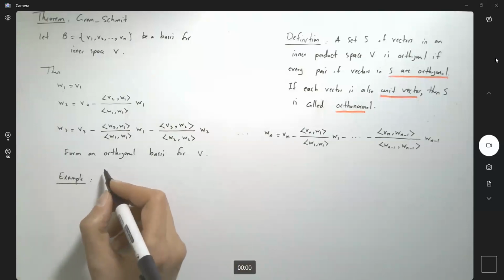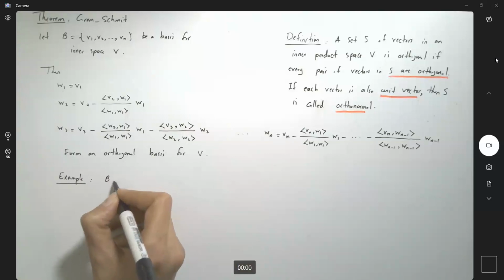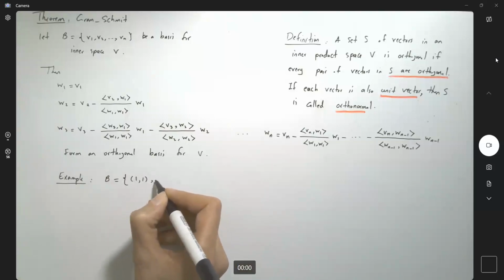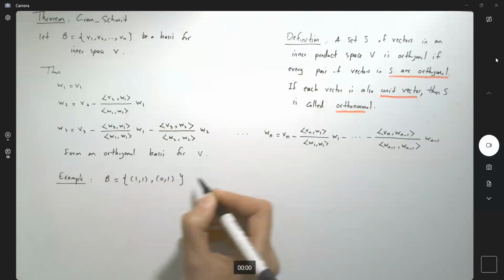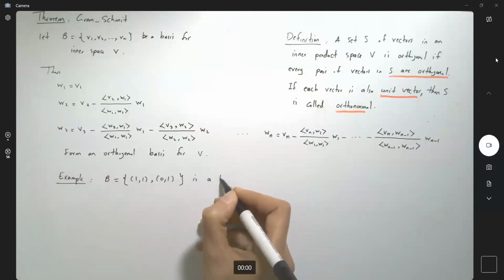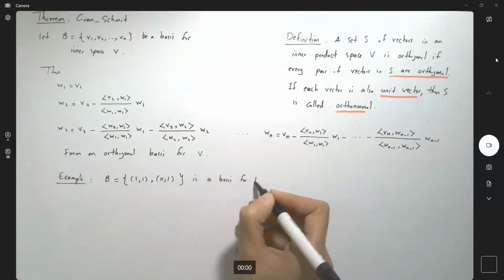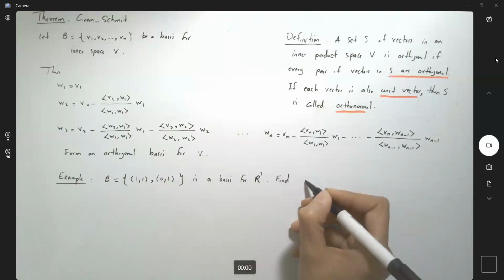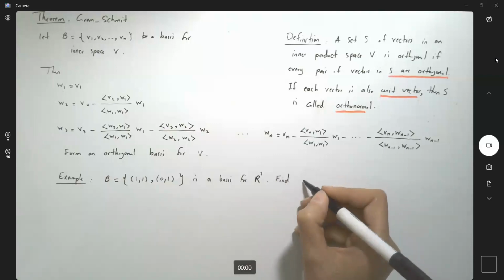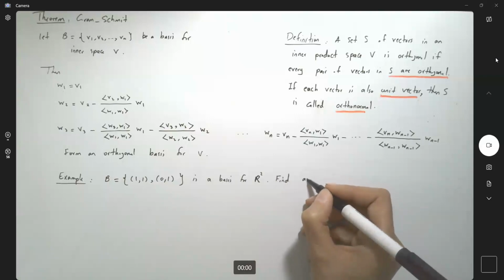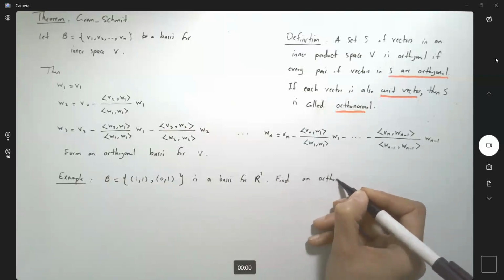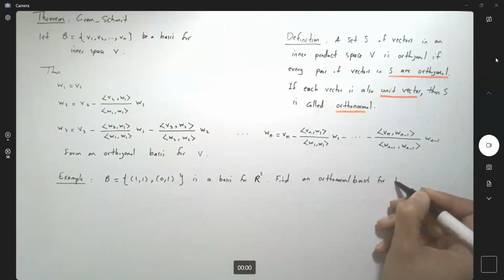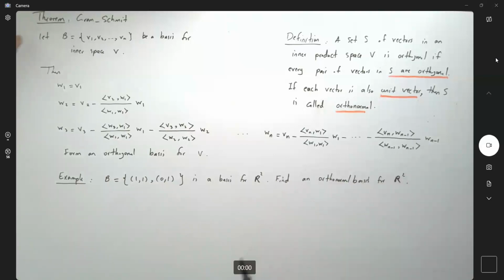This example says, suppose you have B as a basis for the plane: (1, 1) and (0, 1) is a basis for the plane. Find an orthonormal basis for the plane. We're going to apply Schmidt